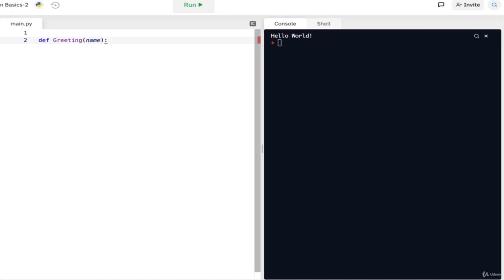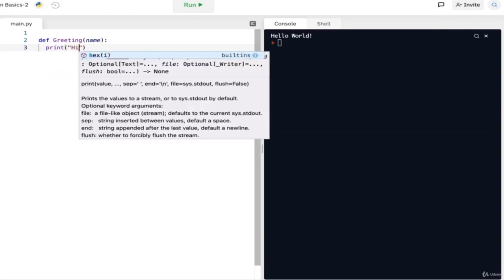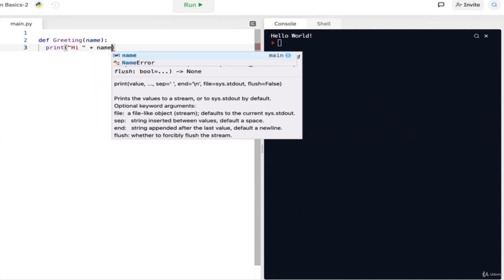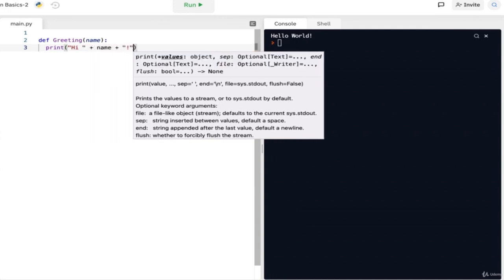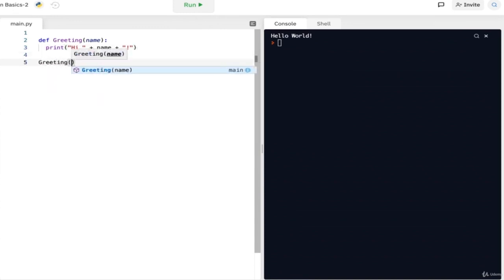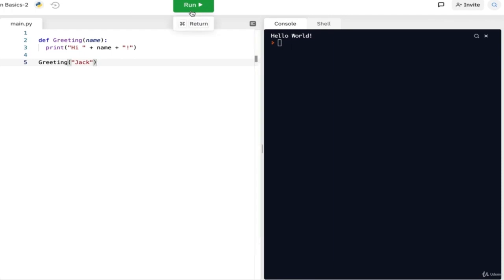In other coding languages, you have to specify whether your input is an integer or a string, but in Python you don't have to do that. All you have to do is write name, and then after the colon we'll write print hi, and then the hi will be in quotation marks, and then we'll just add name and then add an exclamation mark, and then that would be our function. So now let's go ahead and call this and let's see what happens. So we'll call greeting, and then in the parentheses we'll have Jack in quotation marks, and now we can run this to see, and we'll see